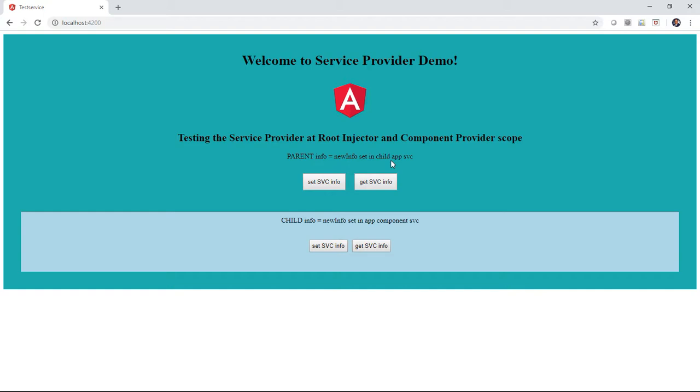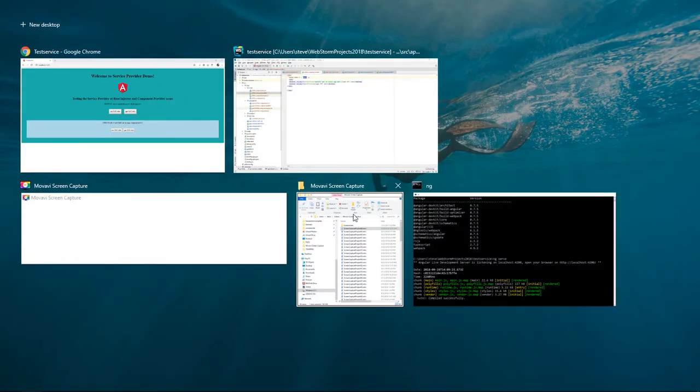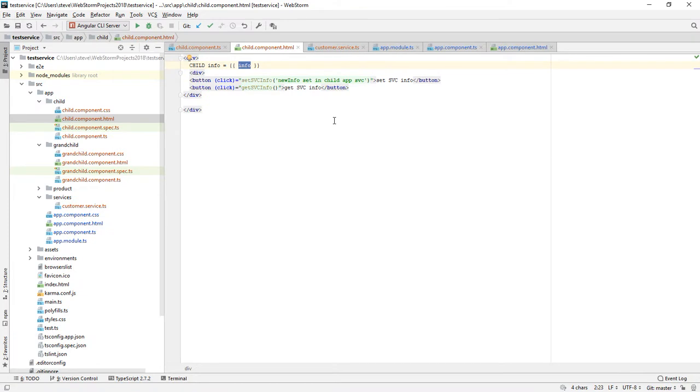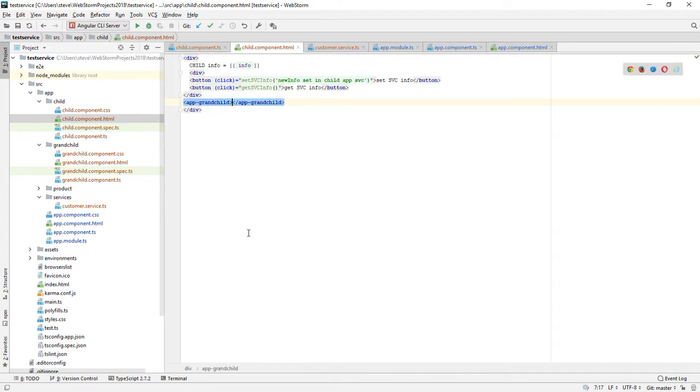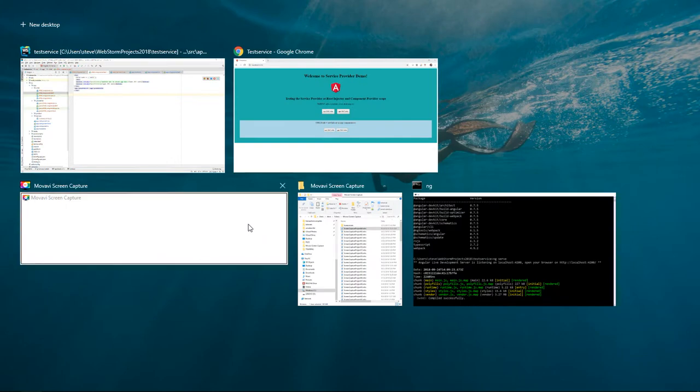So we basically have a singleton instance which is shared on a UI component tray. Now keep in mind that I could add the grandchild component here to the template. And we could do that. And we showed you that in the last demo, but